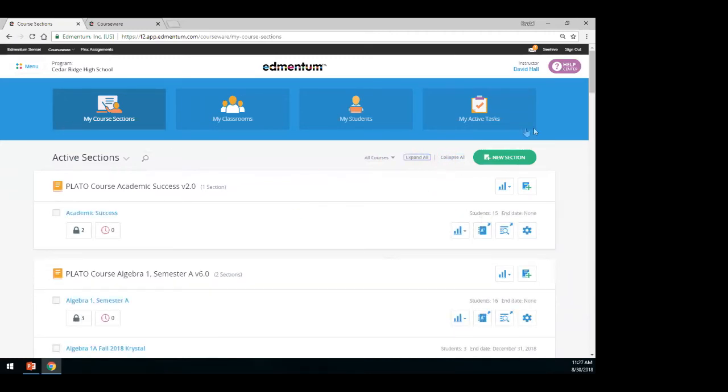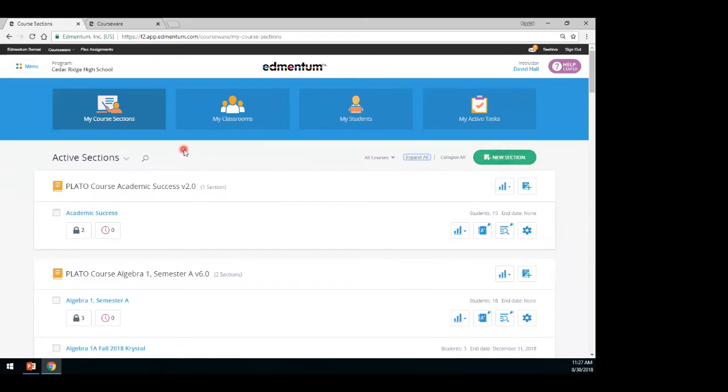So just easy navigation for you to fit whatever style you like. Now, we went through a course catalog because the assumption is that you may not know what the courses look like, but if you have been a veteran to Edmentum Courseware for a while and you have an idea of the courses, or you've used the course before, you can add a new section here from your